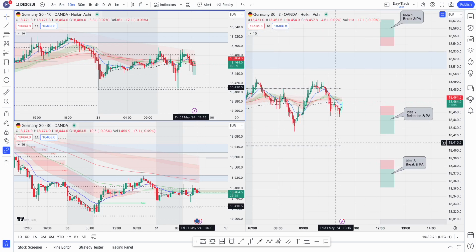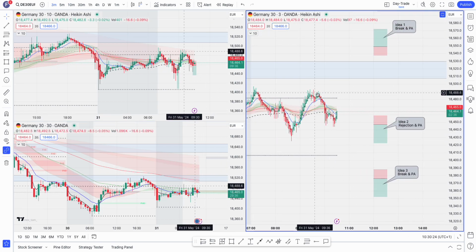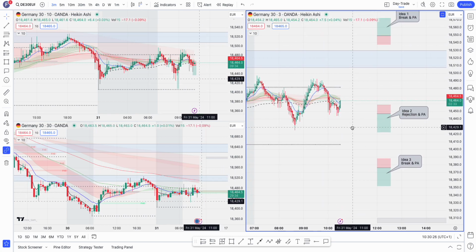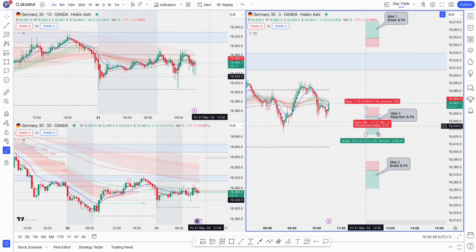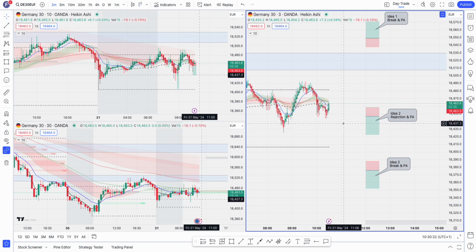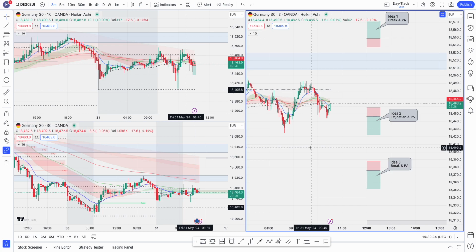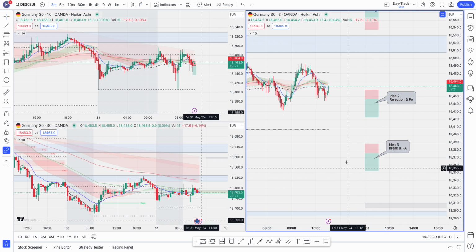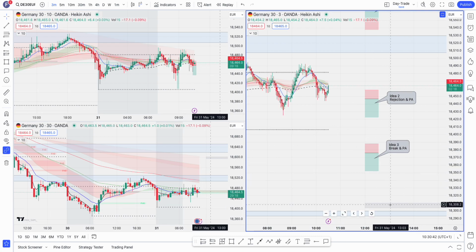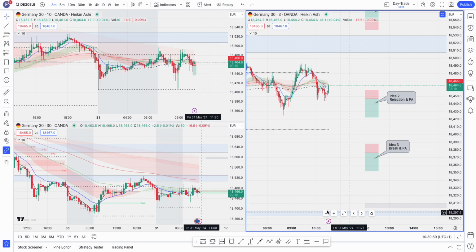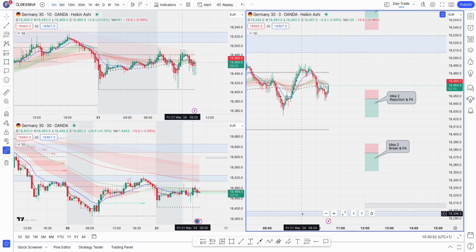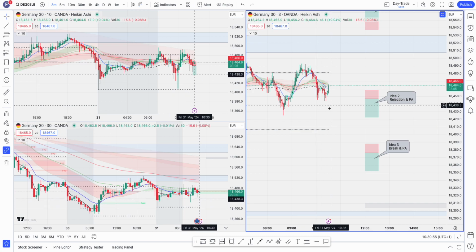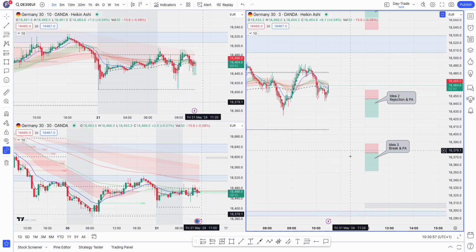I do have a third in my head, but this is less probable because it seems like price is not going to go that way. But these two scenarios I am more keen on, waiting for some confirmation before entry. The biggest one is if the Asian range low is broken, I'm more looking forward to taking this trade. And this is the ADR range, the average daily range, which is just above the zone that I am interested in. So from point, let's say A to B.